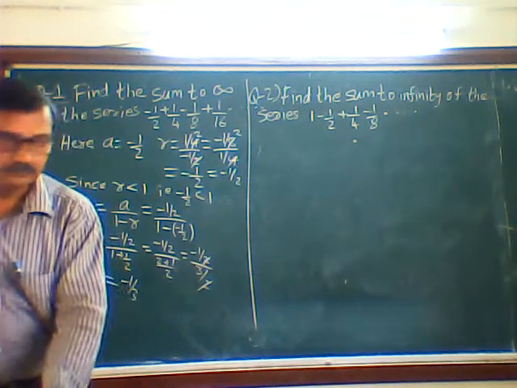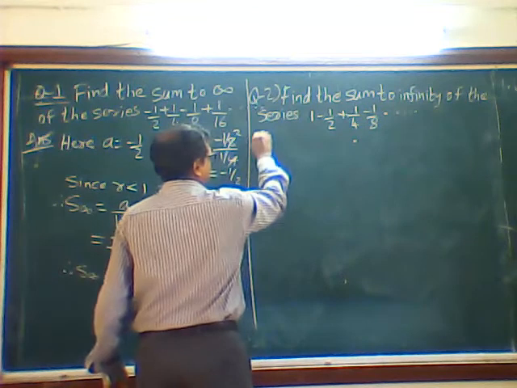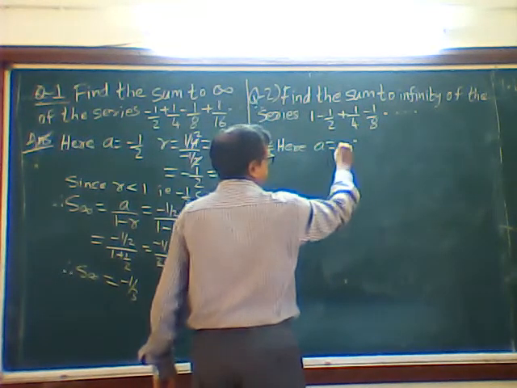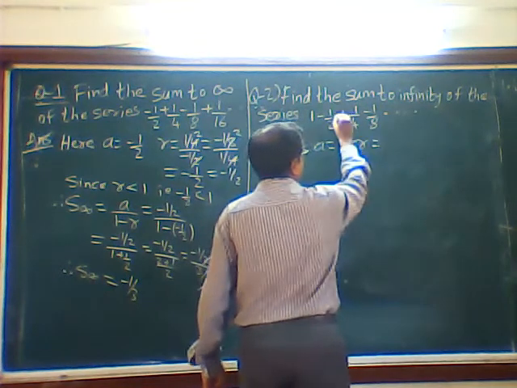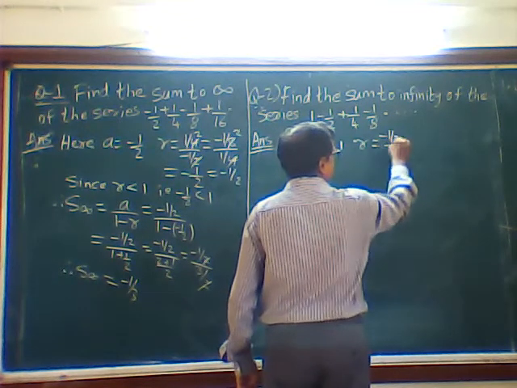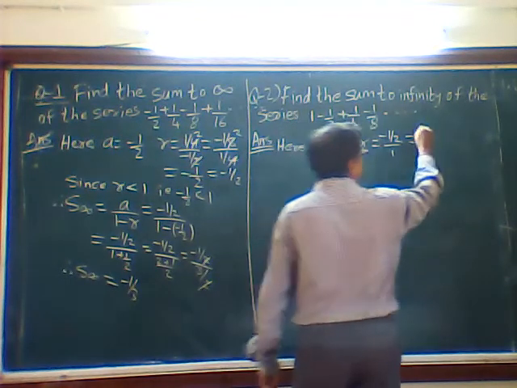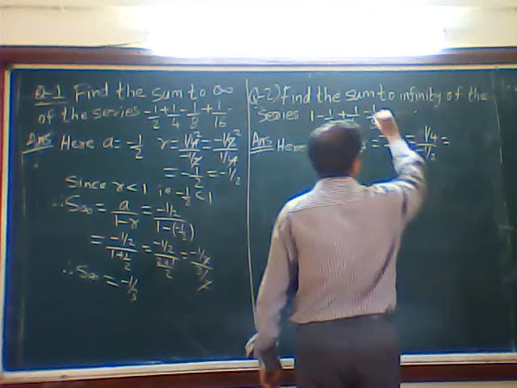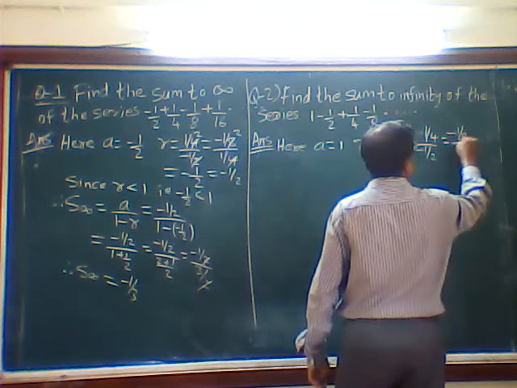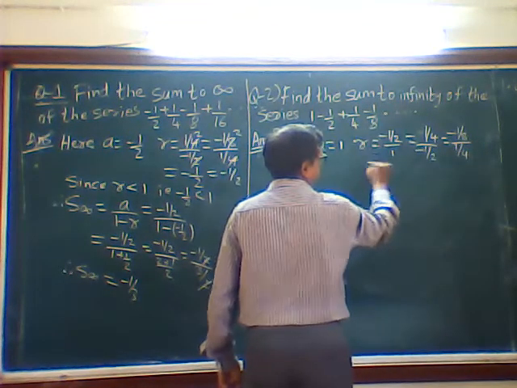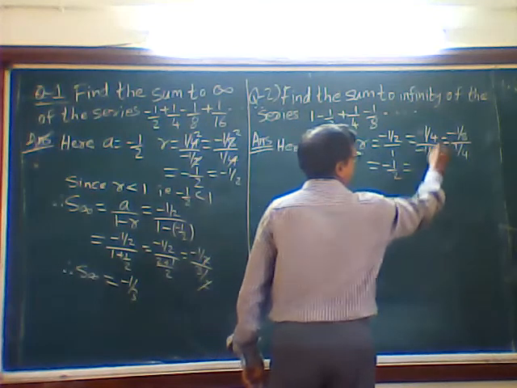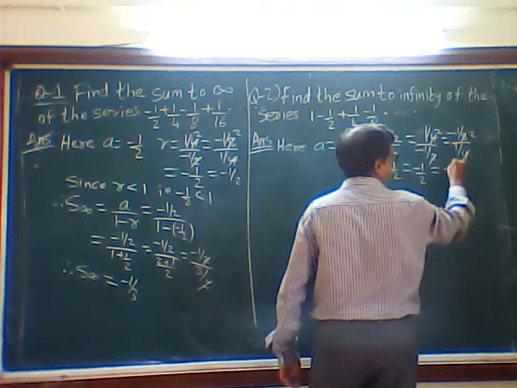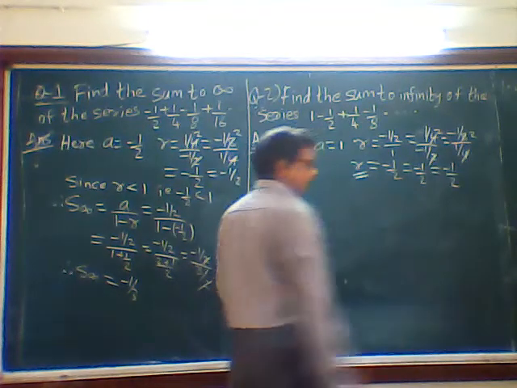Okay. So here again, answer. Here a is what again? First term is a, 1, and r is what? Minus half divided by 1 is equal to 1 by 4 divided by minus half. 1 by 4 divided by minus half is equal to what? Minus 1 upon 8 divided by 1 by 4. So everywhere what will we get? Minus half only. 2 ones are 2, 2s. Again this is minus half. 4 ones are 4, 2s, minus half. So r is minus half.